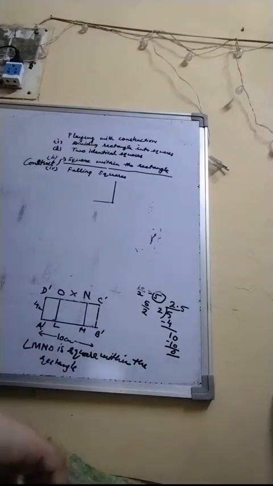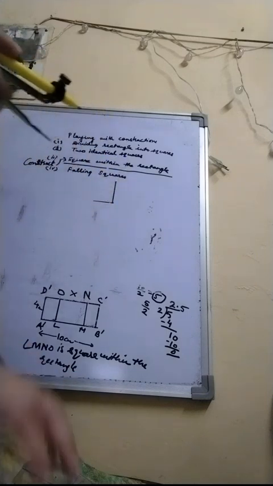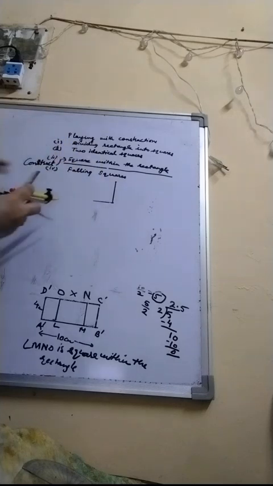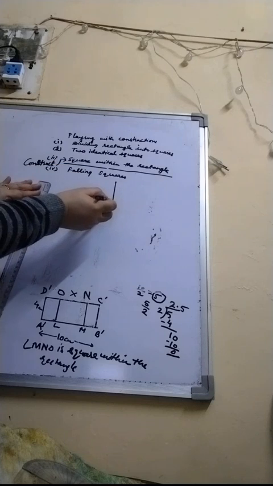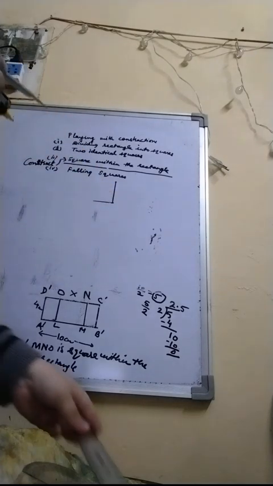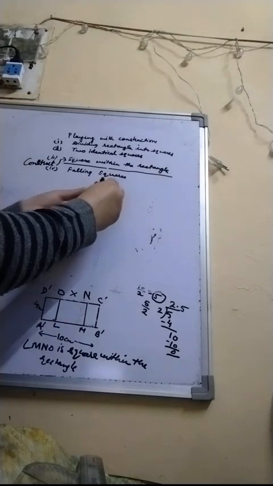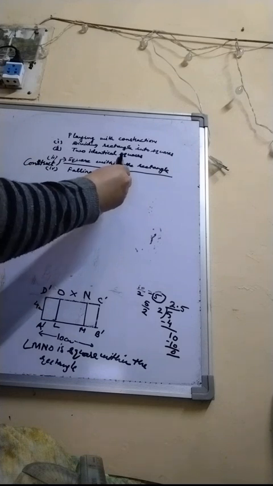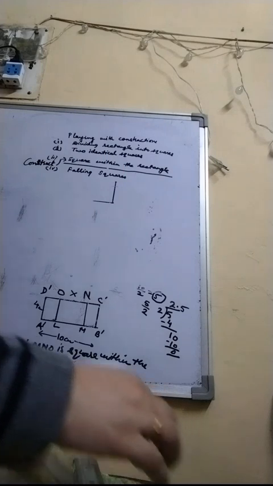Now with the help of compass, open equal to this length. Side of square is equal, therefore this length would also be equal, sides of squares are equal. So we would take 4 centimeter, open the compass at 4 centimeter and draw the arc. Similarly on the